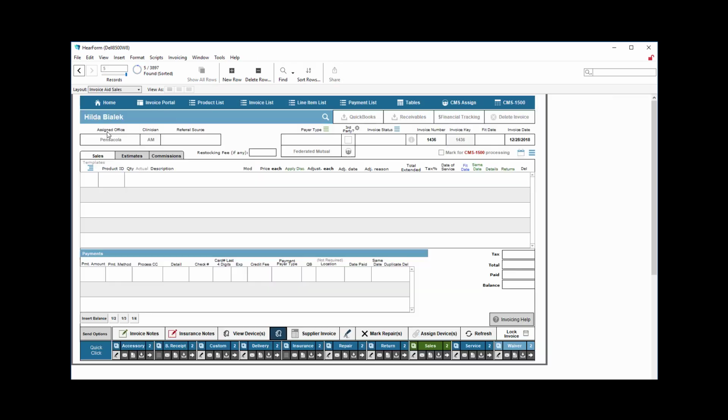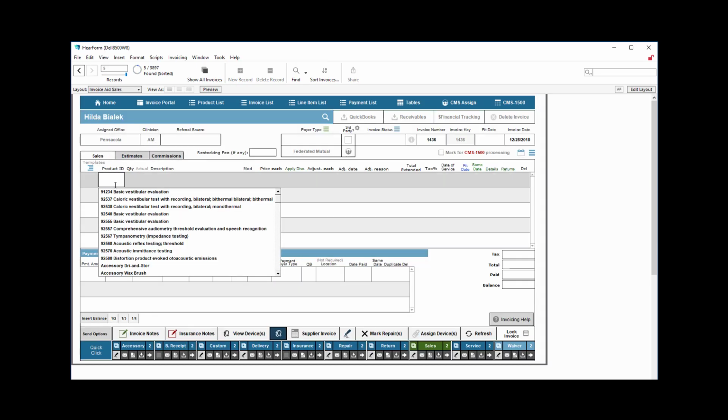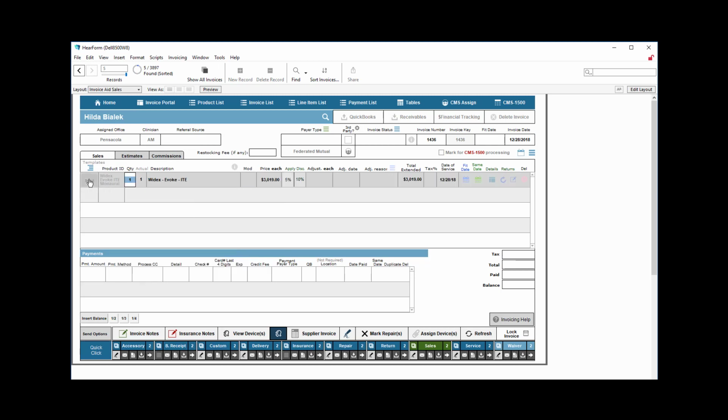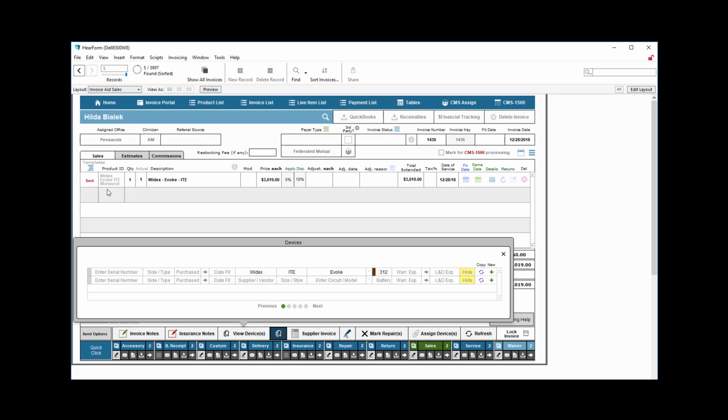When I create a new invoice and I choose a product or service, let's just choose a Widex product here. I can click the send button. You may have seen that in another video, and it sends the supplier, size, circuit, and battery size down to that device. I can then choose or put in a serial number, choose a side, put in a purchase date, etc. I'll skip some of that, and then I would copy that and then perhaps change the serial number of